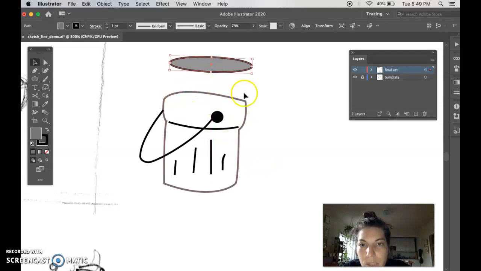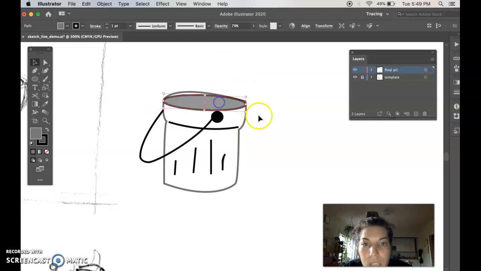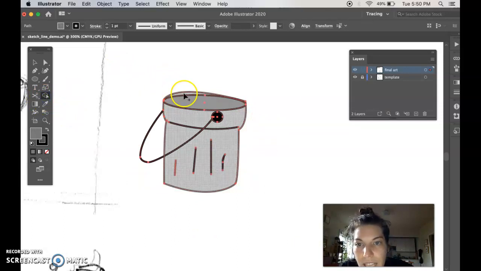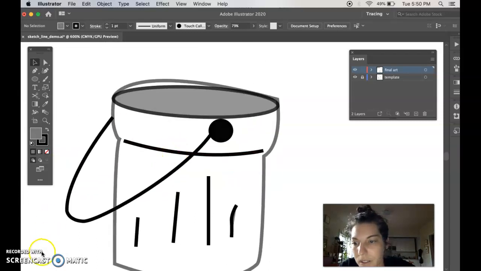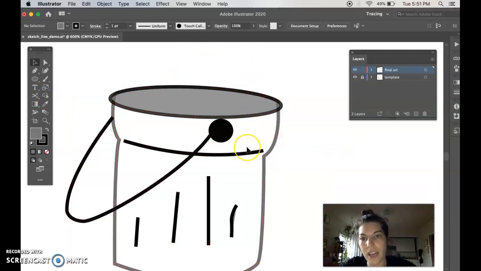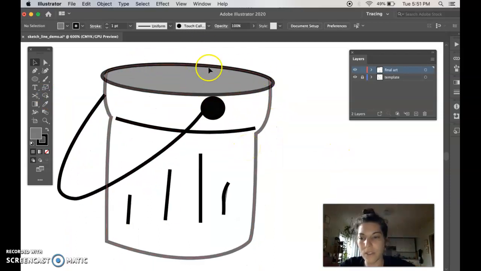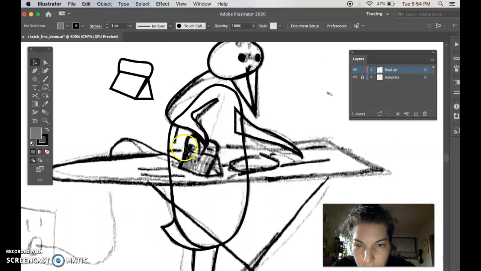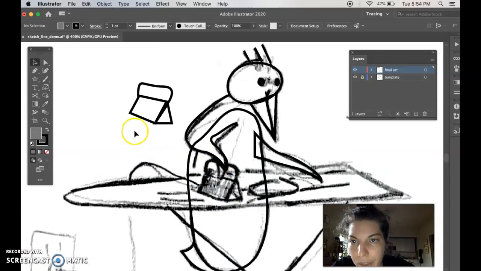For instance, it doesn't really matter what the top of this looks like if I put this on top, because I can select it all, use the shape builder tool, and I can trim off the areas that I don't want. In order to use the shape builder tool, everything has to be selected. I'm going to go to shape builder tool, and I want to trim off this. I'm going to press option and click, and then I just trimmed off that area, so my bucket is a little bit more even. Let's look at the creation of this iron. That's pretty simple. A triangle, another shape, and then a path there. So this is